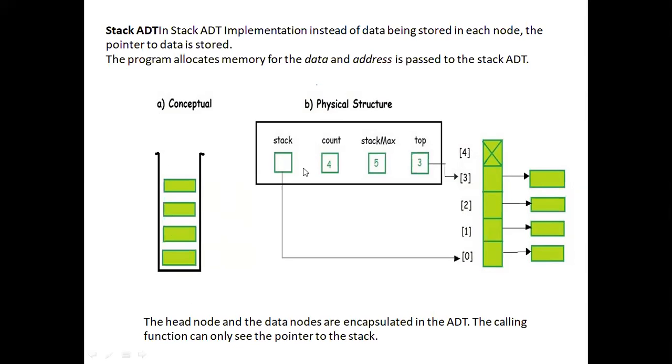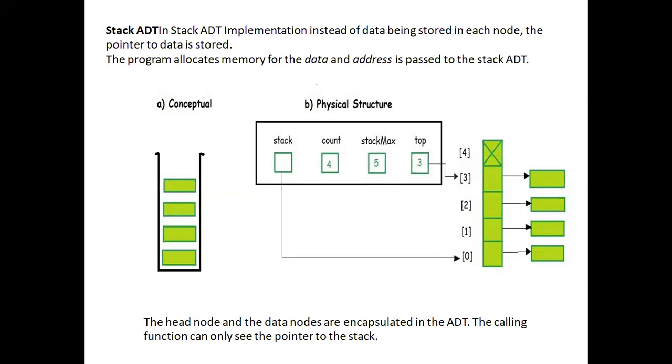By using arrays, I will be storing the values of different elements in a continuous memory location, whereas in a linked list there is no need to store in a continuous memory location. At the same time, the operations performed are also different. If I use arrays, I will be using different operations; if I use linked lists, I will be using different operations. So stack ADT, stack abstract data type, means what values will be there in the stack and what operations I have to perform on the stack. Those details will be there in that ADT.